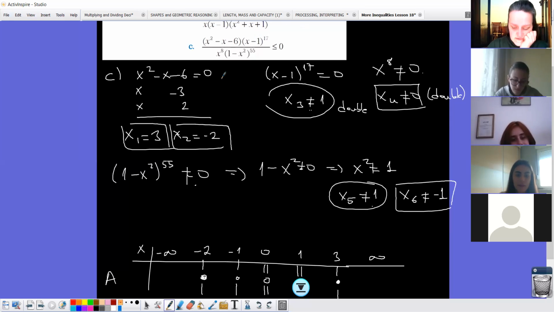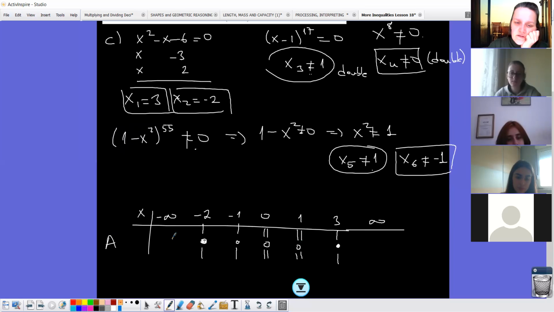I will start to write the sign here with plus. And because it is linear, it will be minus. We start: plus, minus, minus, plus, here I have plus, double root plus, here I have plus, double plus,